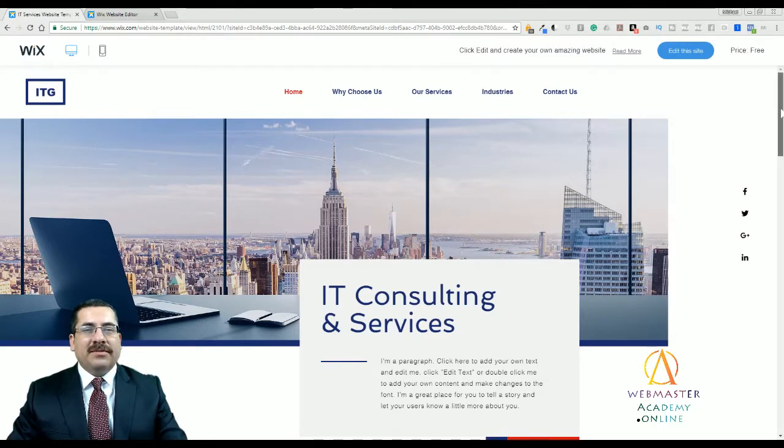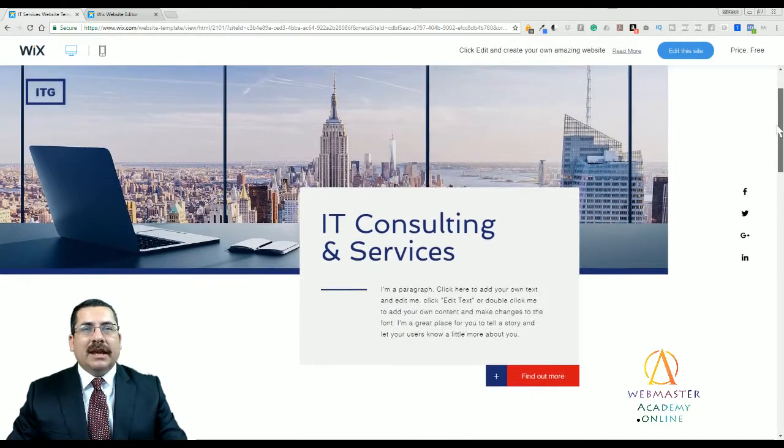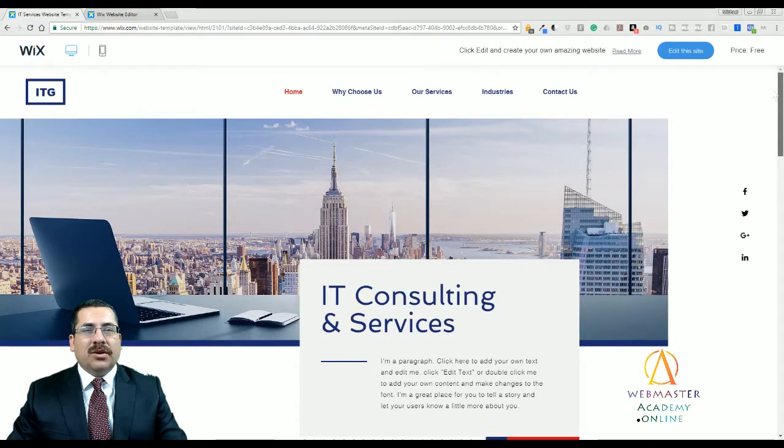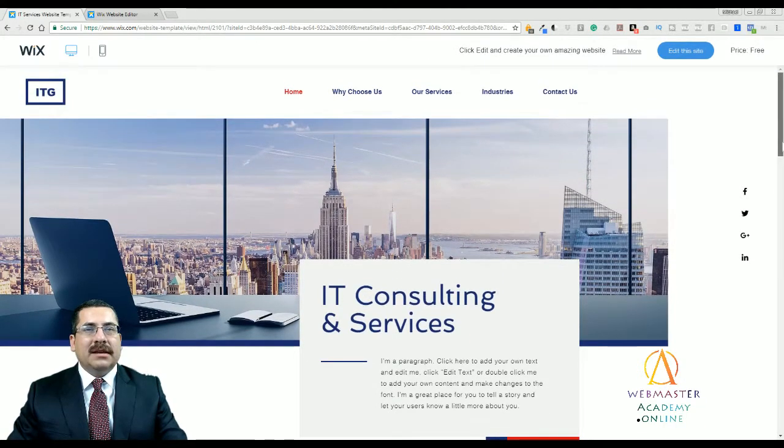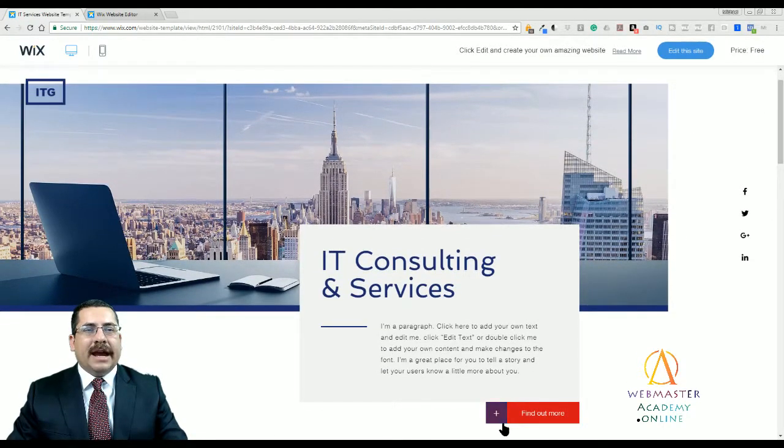So here we have the main title, and the call to action on this homepage is find out more. And as you can see, it stands out very clearly with that red accent. You only see red in the highlight of the page that we're on and in the call to action. So it's very clear. And if you want to find out more, that's going to take you to the list